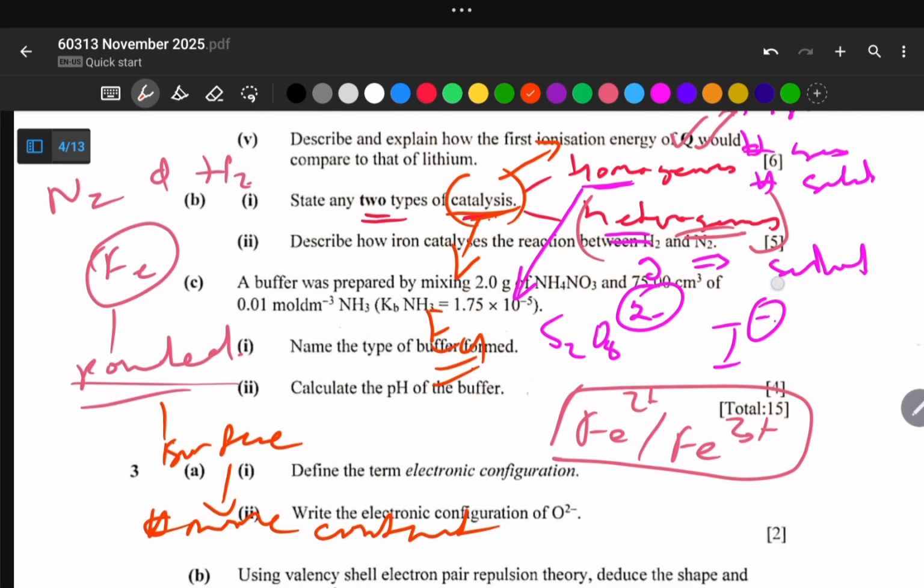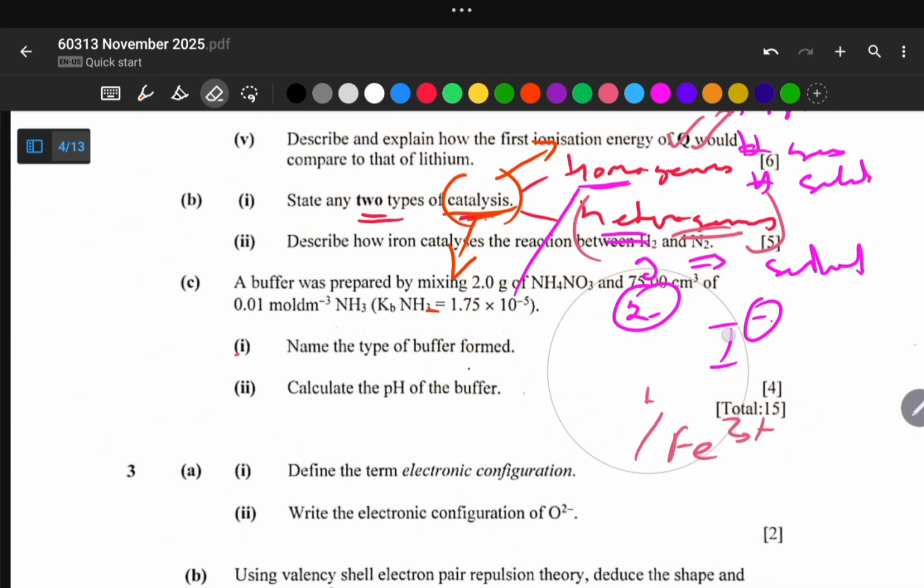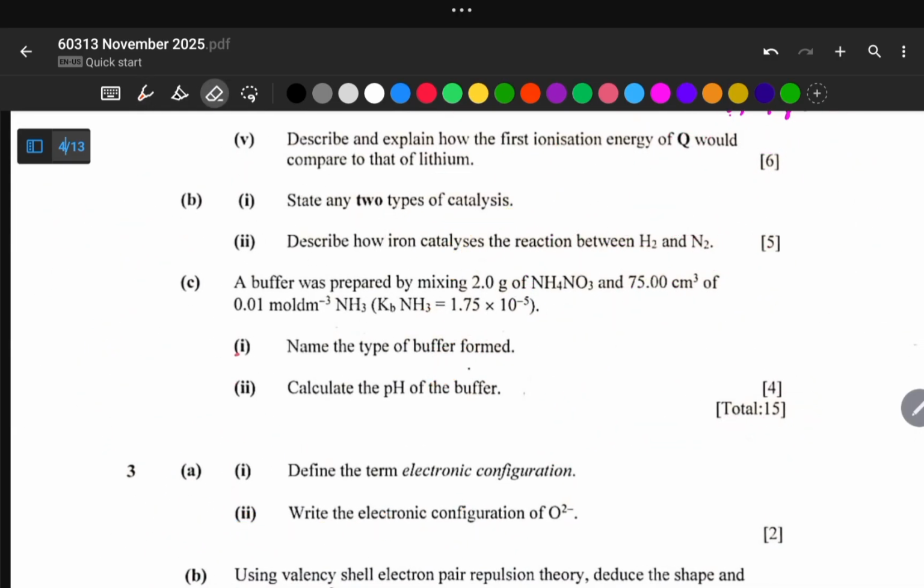So let us dive into the next part, the next equation. The next question says, describe the iron catalysis between hydrogen and nitrogen. We're going to have the reaction in the Haber process, right? So here it is heterogeneous catalysis. We have one gas, another gas, and then the solid. So we're going to have the adsorption